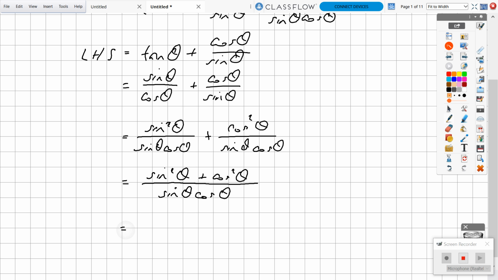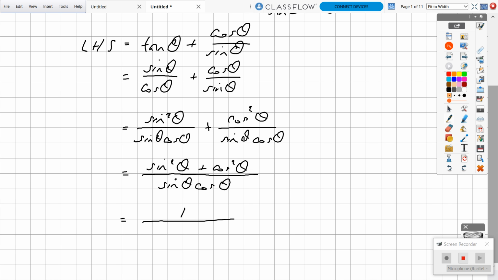And I know that sine squared theta plus cos squared theta is exactly equivalent to 1. And so I have proved that the left-hand side is equal to the right-hand side. And that is the structure